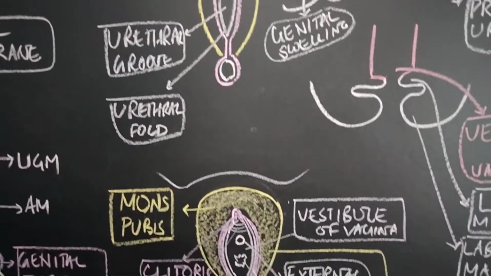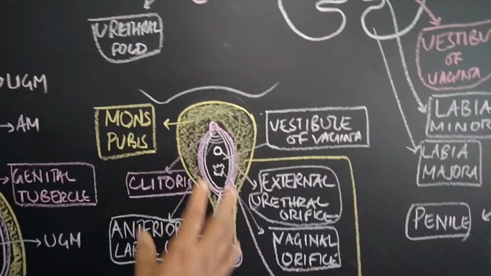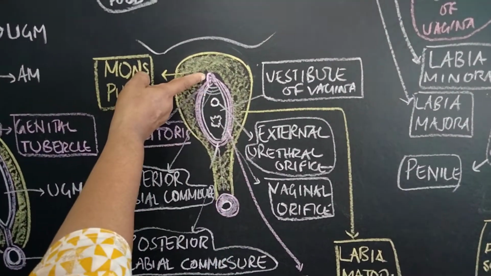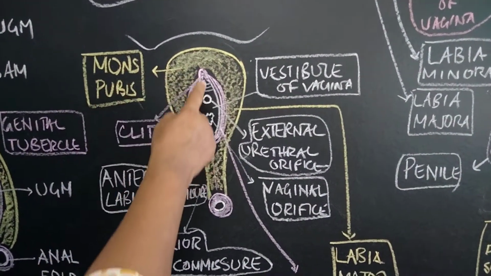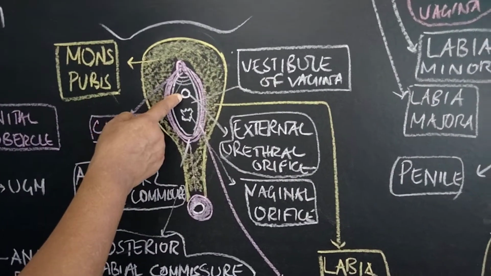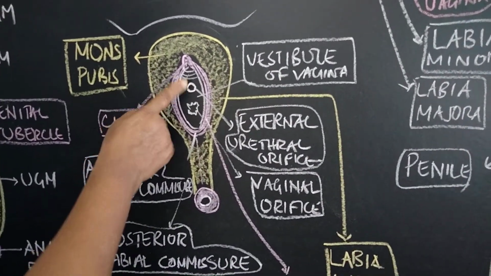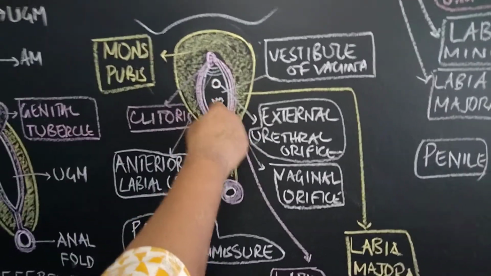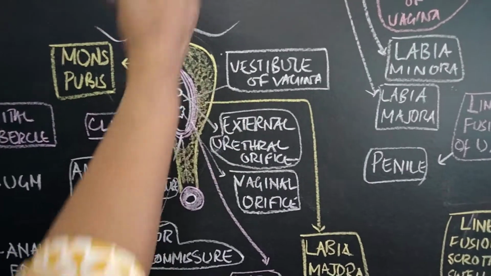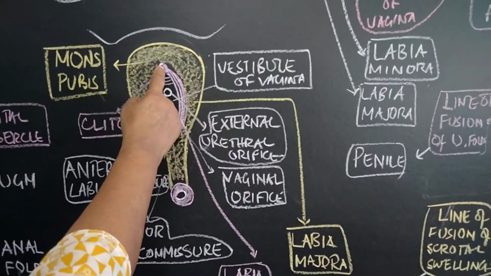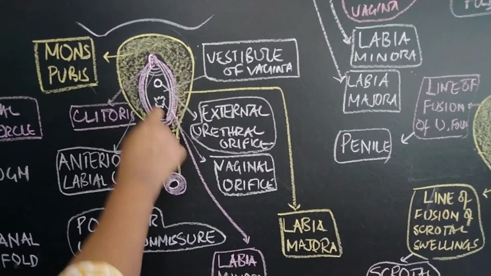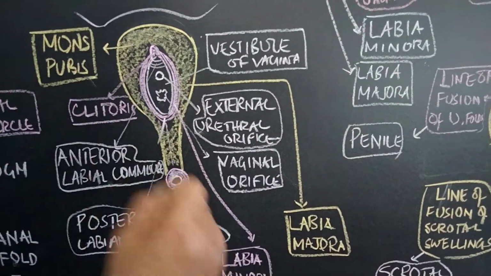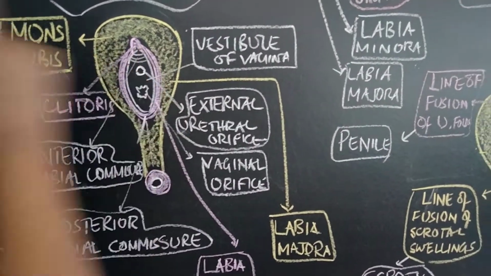Okay, now let us see when the female genitalia externally is formed, then this is the formation of a clitoris. And in the urogenital membrane there are two openings, one is a primitive external urethral orifice and the vaginal orifice, where this part of the urethral fold is called the vestibule of the vagina. We will see how it is formed. Surrounding this clitoris, surrounded by this musculature, then this is your labia minora, that is from the primitive urethral fold, the labia minora is formed.